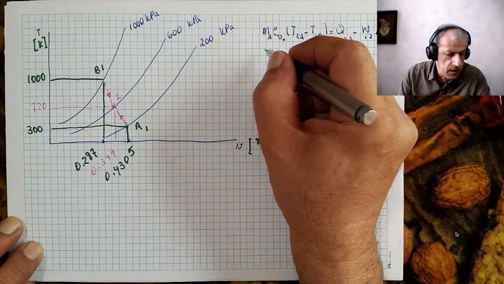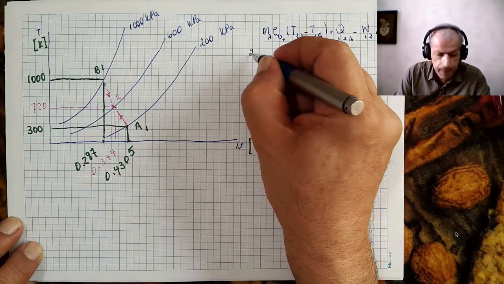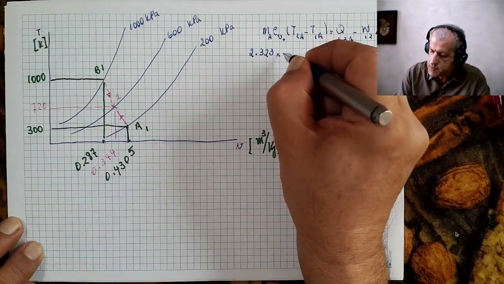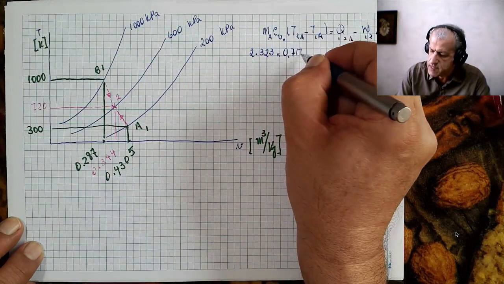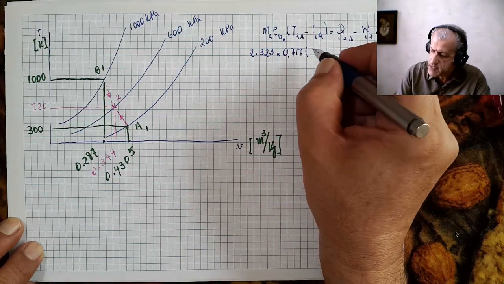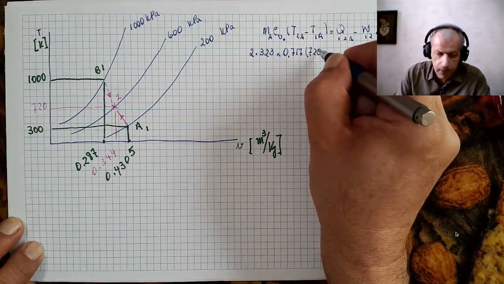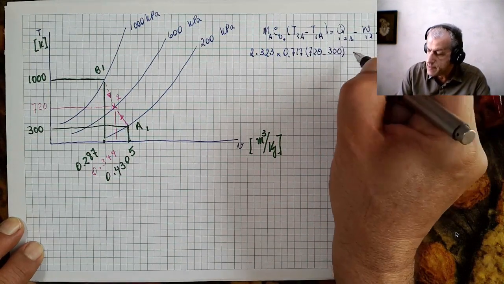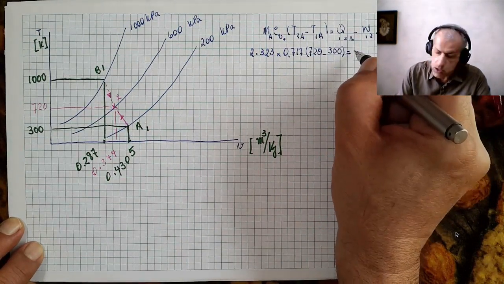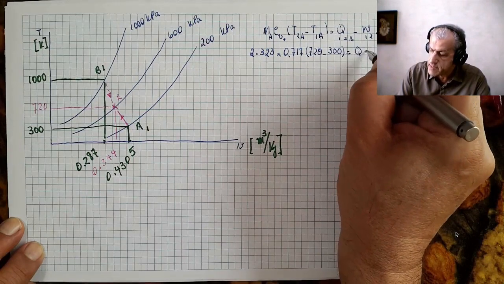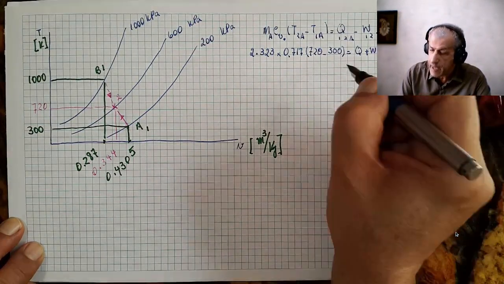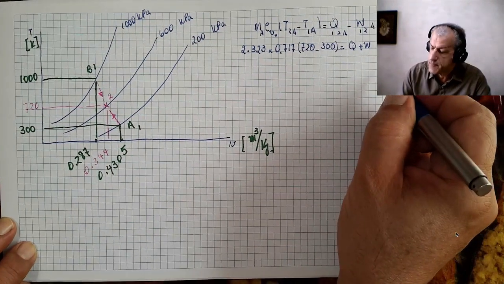The outcome is 2.323 times 0.717 times 720 minus 300, and that equals Q plus W, and the answer is